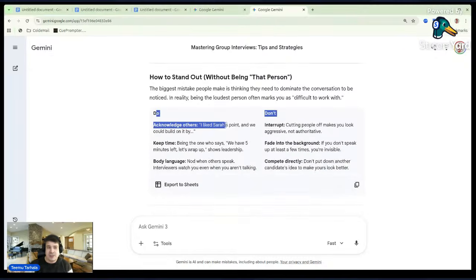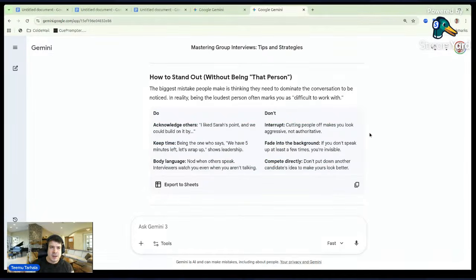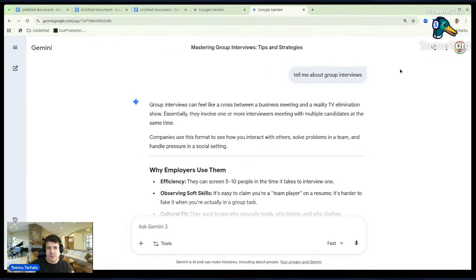And here are very simple rules of what to do: acknowledge others, keep the time. For example, if they say you have 5 minutes for this, take 5 minutes. Body language: you follow how other people are talking, just natural. But that was about the group interview.